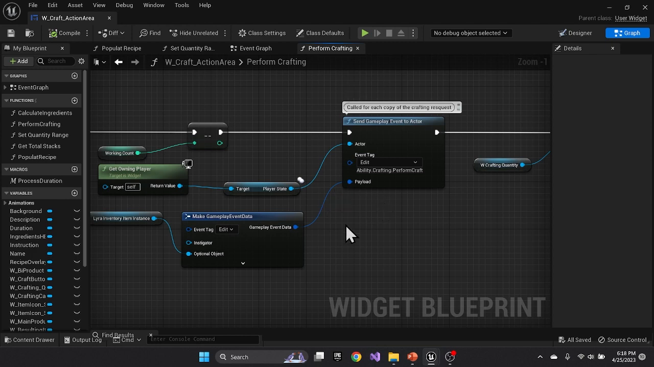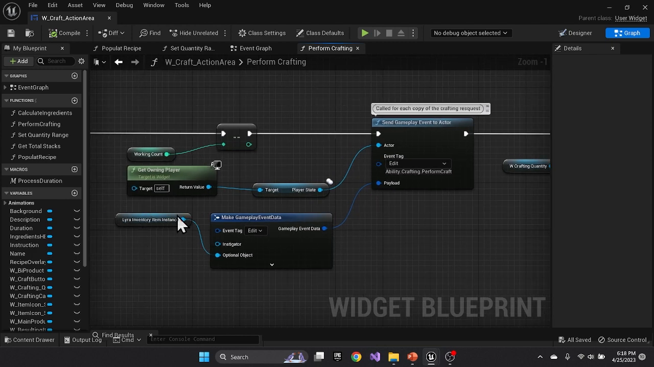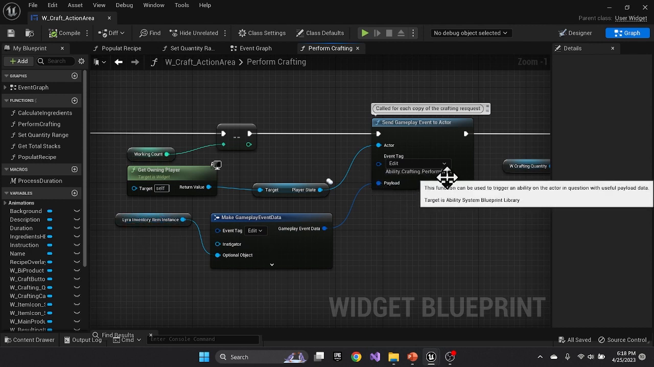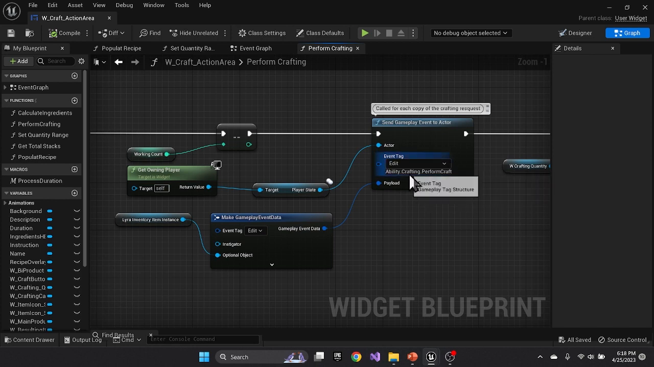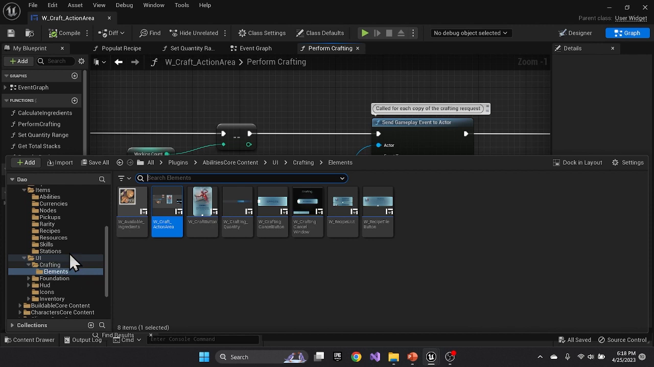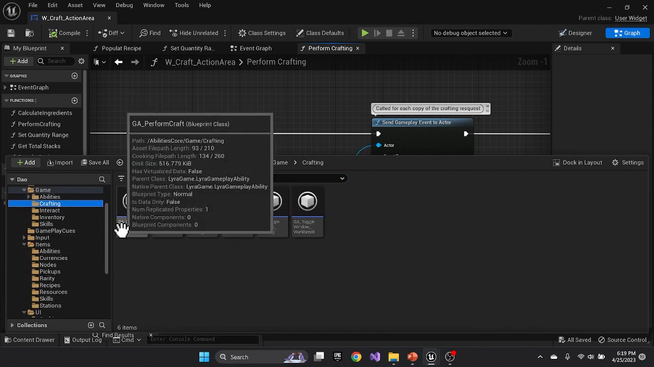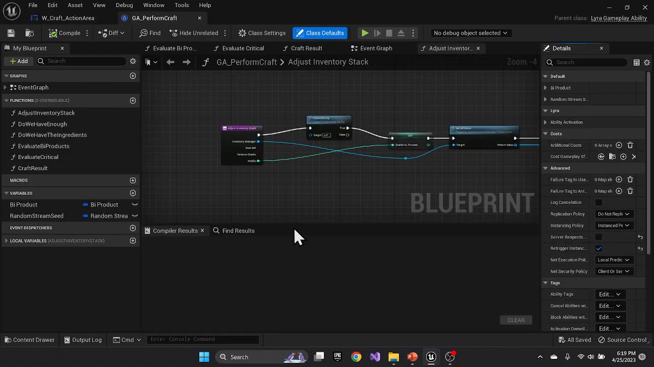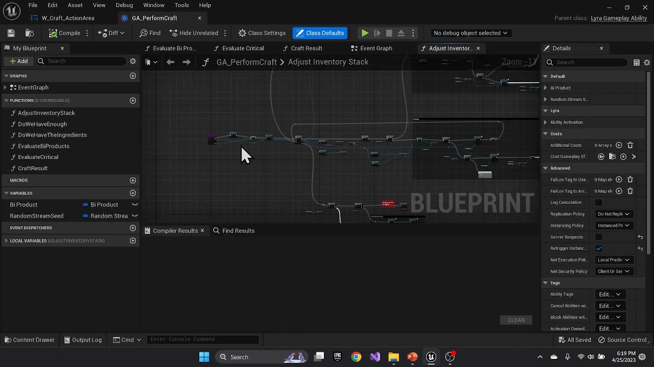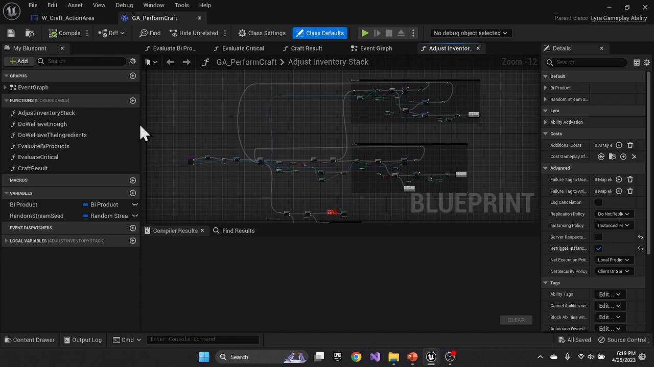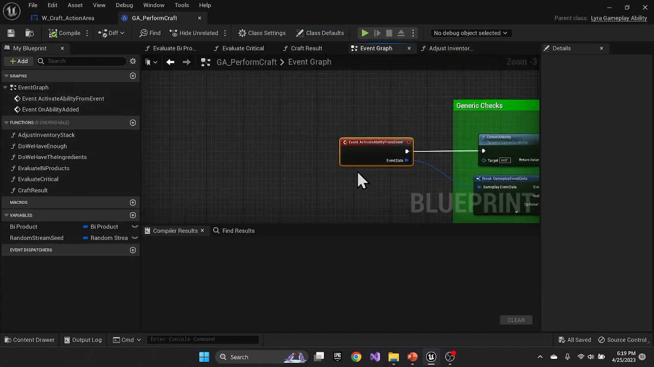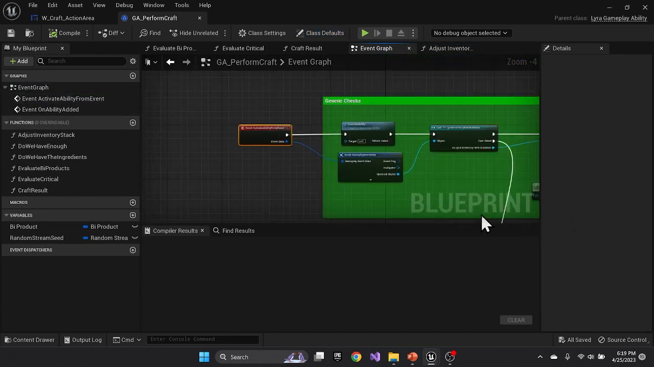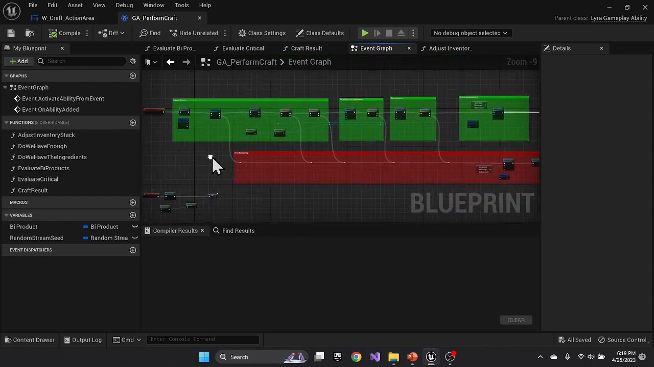So we send in the actual item that we want to craft through the payload, through this gameplay event tag, which is picked up in the perform. So this is all the crafting. So let's go first here. So as I showed earlier,